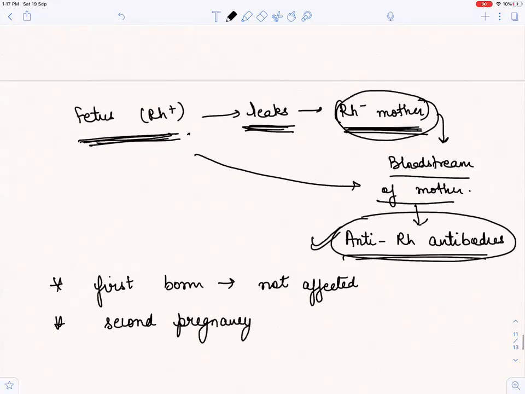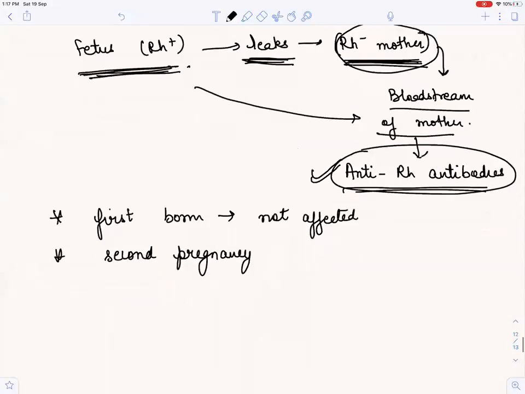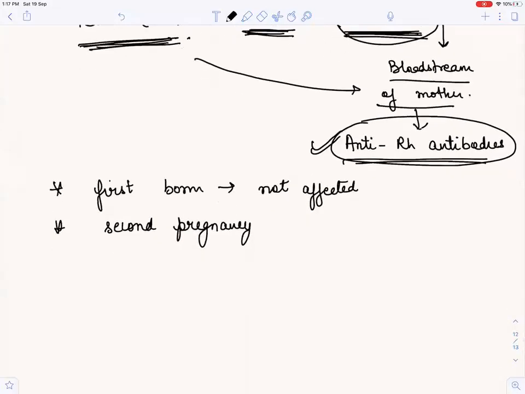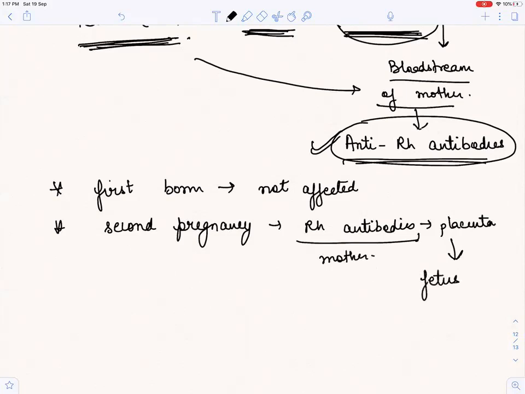Now the blood, जो RH antibodies बने हैं, can cross the placenta and enter where? ये RH antibodies कहाँ बने हैं? मदर में already थे, वो बन गए थे first time. Placenta को cross करके वो fetus के blood stream में जा सकते हैं, right? Fetus के blood stream में जाएंगे तो क्या होगा? फिर वही होगा, agglutination होगा और hemolysis होगी and the fetus will die, right?